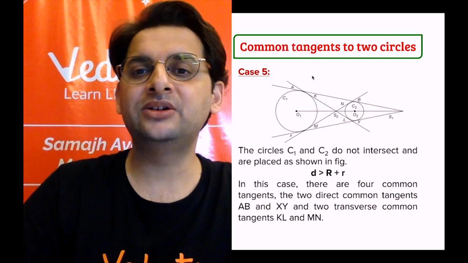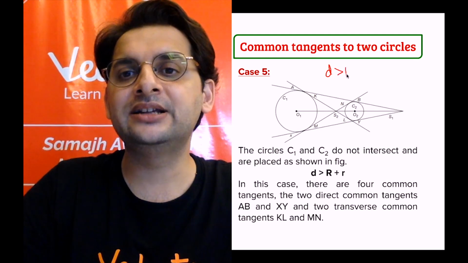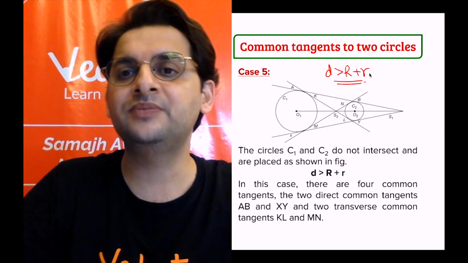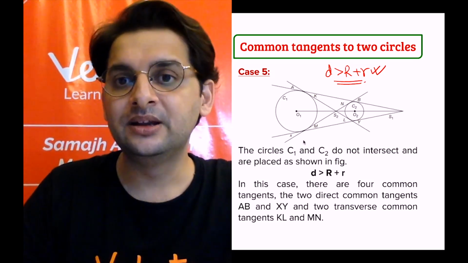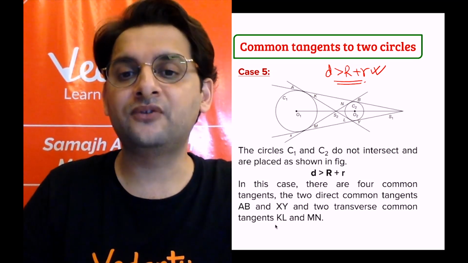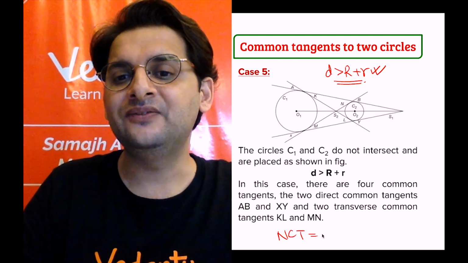Two circles completely outside of each other. So D is clearly greater than R plus r. So we need not think much about this. This is fairly visible. But if we talk about the number of common tangents, we can see we have 4